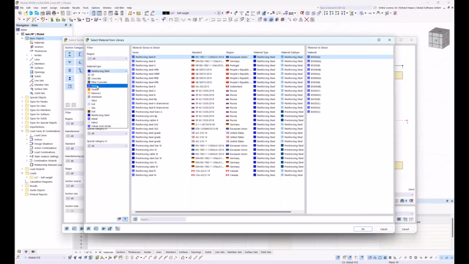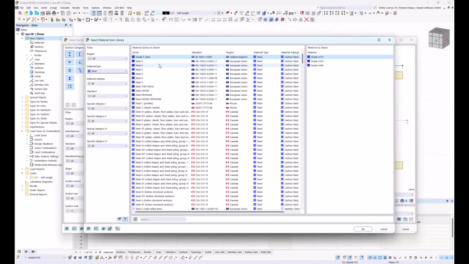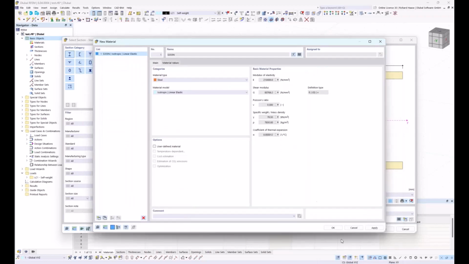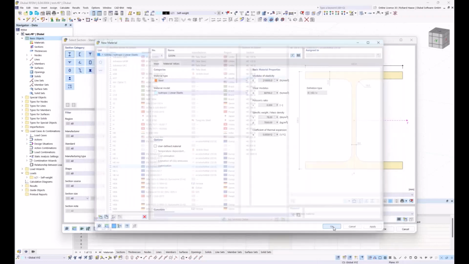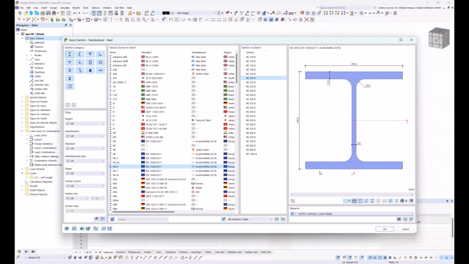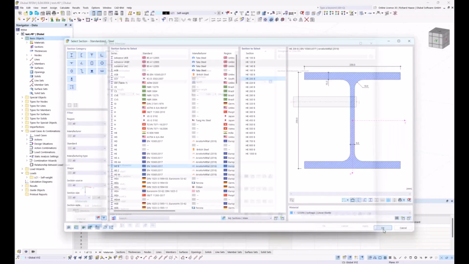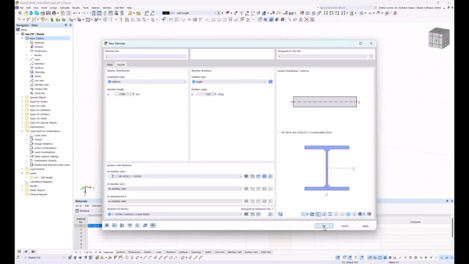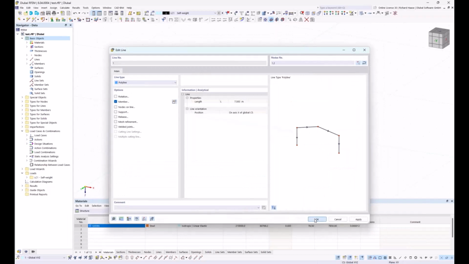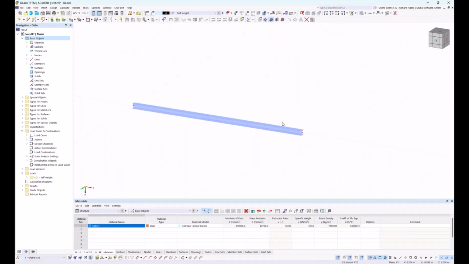And we take the steel. Let's take the 355 European steel. And if you click OK, you see here the section gets this blue color for the steel. And click OK and OK and OK. So now we have created our first member,